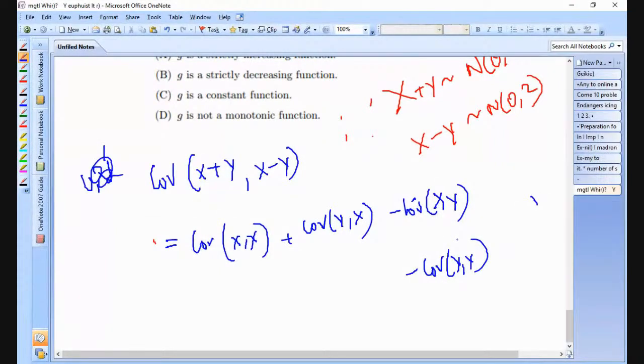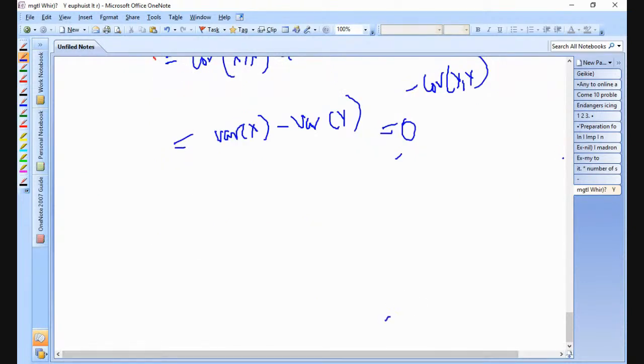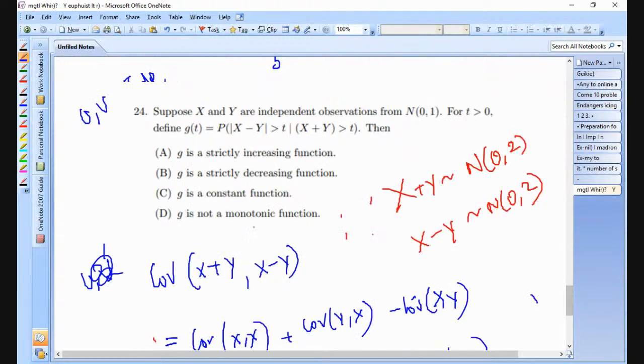Okay, so we are seeing that this is variance of x minus variance of y. If x and y are similarly distributed, then that's therefore 0. So they are non-correlated, and hence they are independent. Perfect. Very interesting property, and therefore you find out that this is equal to probability